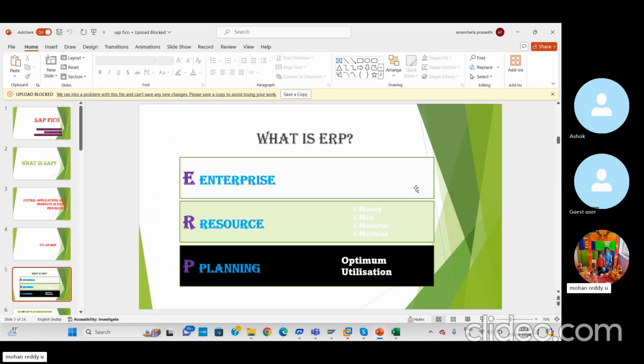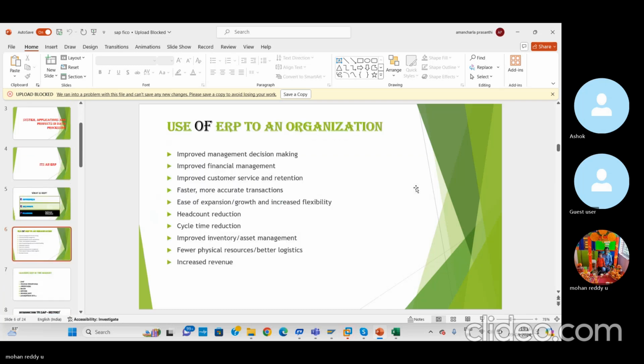If you join any organization, manufacturing or service related, and the company uses SAP ERP,